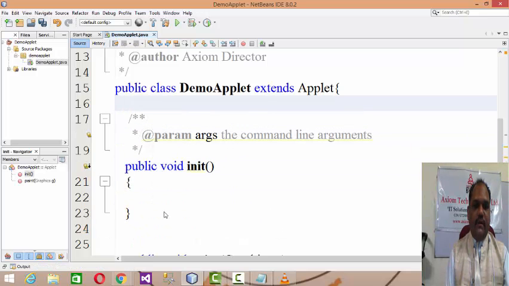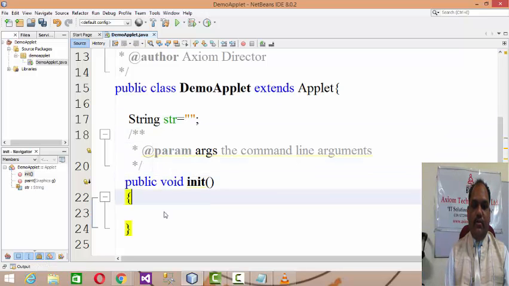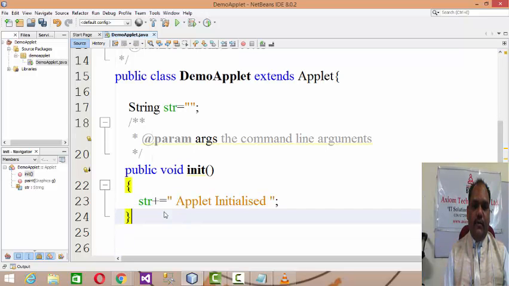I will declare one string here, like String str equals something initially, and when the control travels to init, I will write str plus equals, concatenating the string "Applet initialized", which will be concatenated when it gives a call to init.